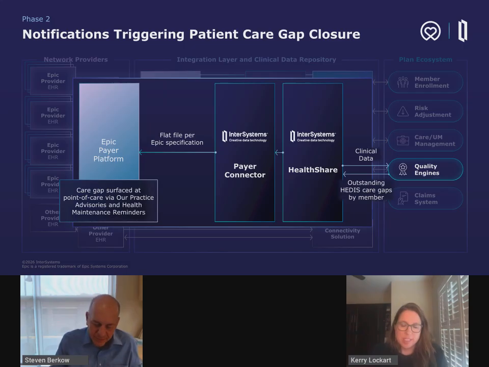No, I think it has to be at the right time, right? We know that the providers are as overwhelmed as the health plans are. And so if you provide it when I'm coming into a room to see a patient, I'm much more able to take action. This sort of asynchronous communication after the patient's left my office is much more difficult. And then we're all chasing the same thing, which Stephen and I will tell a little story about at the end, but it's got to be in the workflow to make this really meaningful.